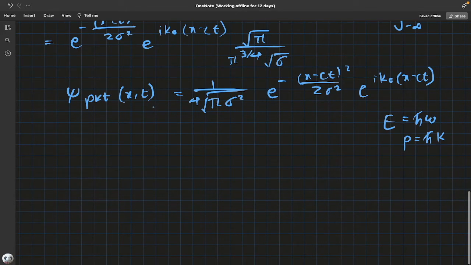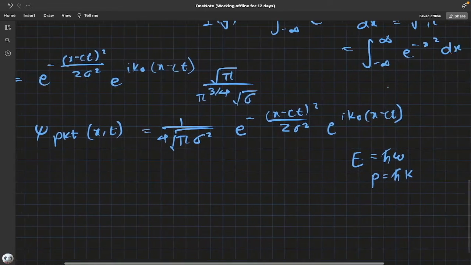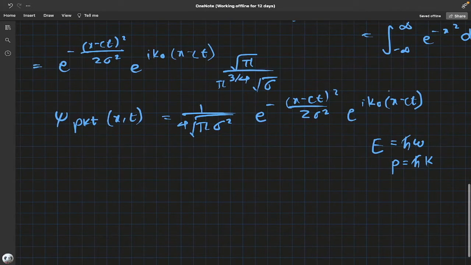One useful thing to note here is that if you set k naught to 0, this goes to 1, and if you're working in the wave packet reference frame, x minus ct just becomes the x prime in that frame. And then if you tune these factors right, if you set them such that this guy becomes 1 or in some way,